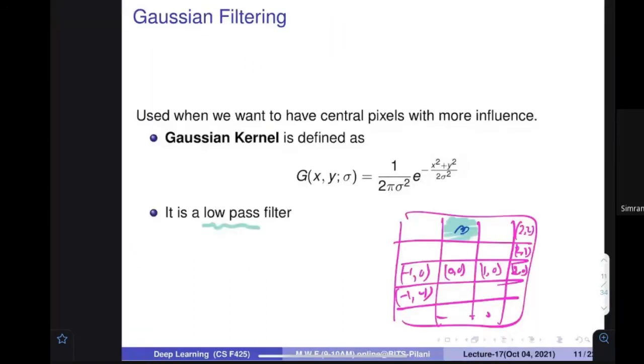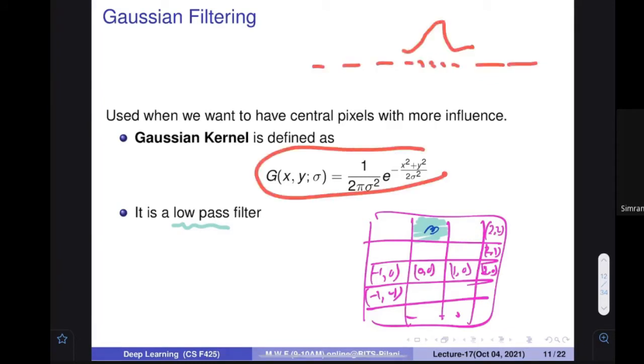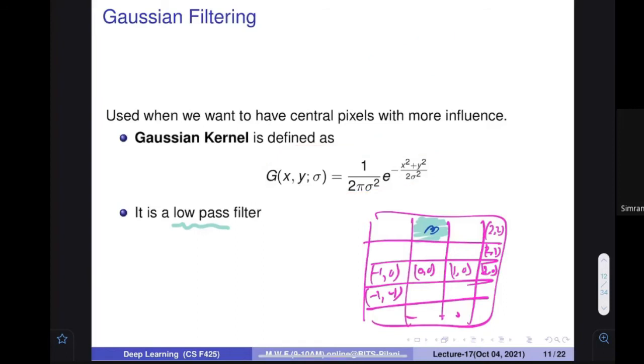Okay. So there is one more idea that I wanted to give. As I also talked to you, instead of using 1 1 1 1 everywhere and all others 0, you can use a Gaussian kernel. So the formula of the Gaussian kernel, you know, is x square plus y square divided by 2 sigma square. There is also a term for the mean, but let's assume that it is centered at 0. So this is the Gaussian formula that we have.